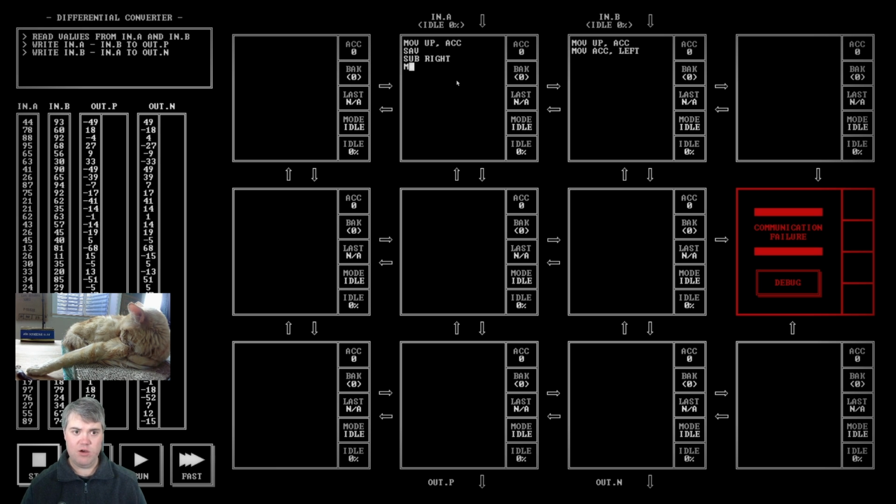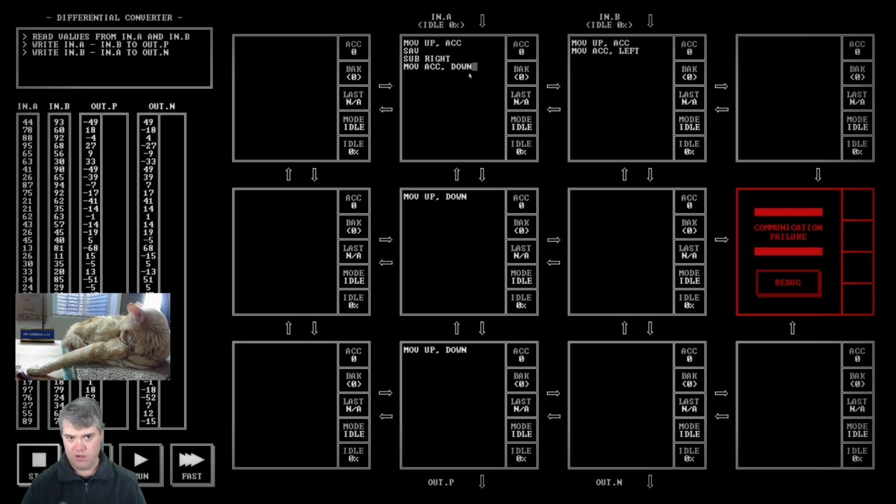And let's now move ACC. I could move it left, or I can move it down. I don't know if I'm going to need extra space or not. Let's move it down. And now I have A minus B here. And so then we could just do move up, down, move up, down. Okay, so I moved that down, and